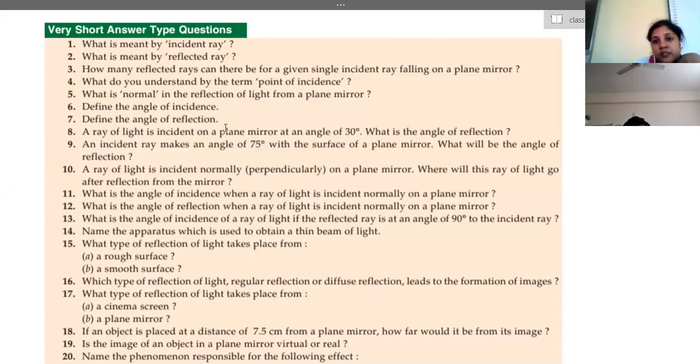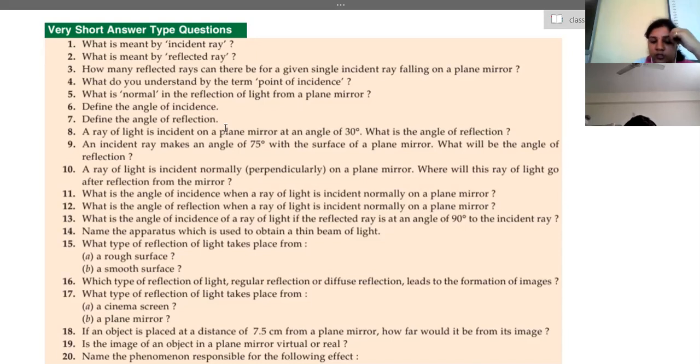Okay, and then 60 degrees, if they are inclined at 60 degrees, 360 by 60 is 6. 6 is an even number, so subtract 1. So it will be 5. Okay, like that, you have to find out multiple images.